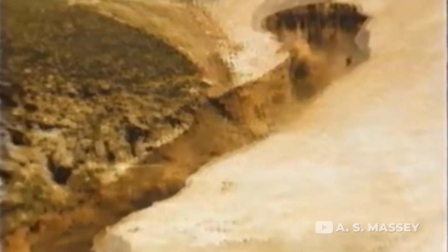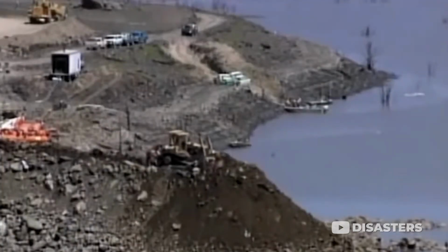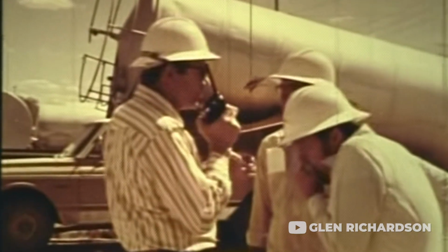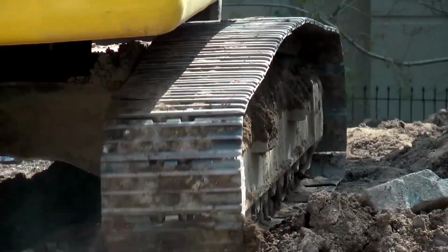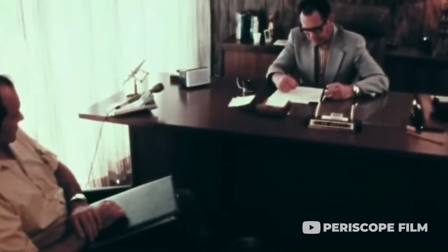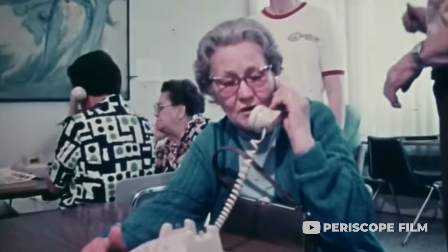However, a wet area on the downstream face began to erode into the dam's right embankment. In response, 2 bulldozers were deployed to try to plug the leak. By 10:40 a.m., the Madison and Fremont County Sheriff's offices received an emergency call to prepare for potential flooding. Around 11 a.m., one of the bulldozers started sliding into the opening created by the seepage. The other bulldozer attempted to pull it out. Between 11 and 11:30 a.m., the project office made another call to the sheriffs, this time ordering an immediate evacuation